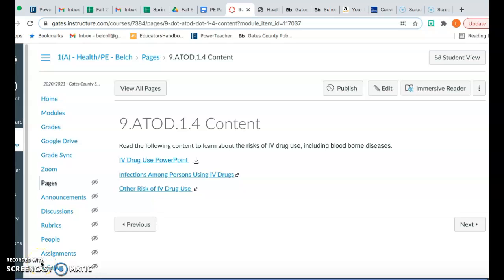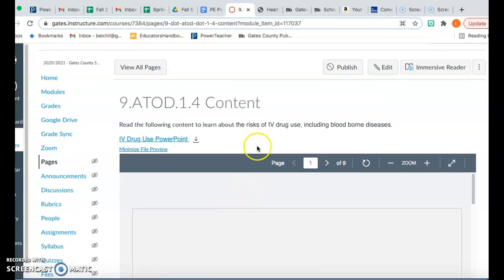Today in class, we're going to cover the 9.ATOD.1.4 content. First, we're going to go over the PowerPoint, and then I'm going to show you two websites that go into more detail about IV drug use. So going over the PowerPoint first,